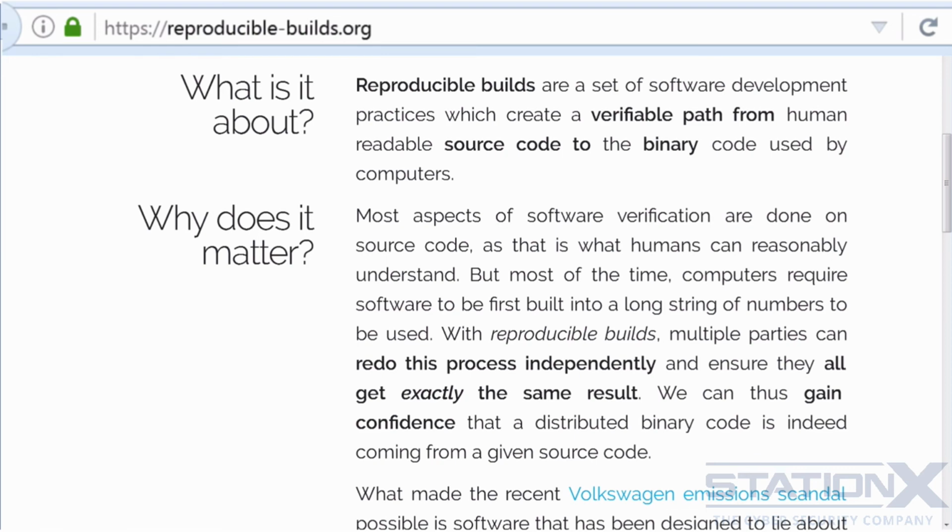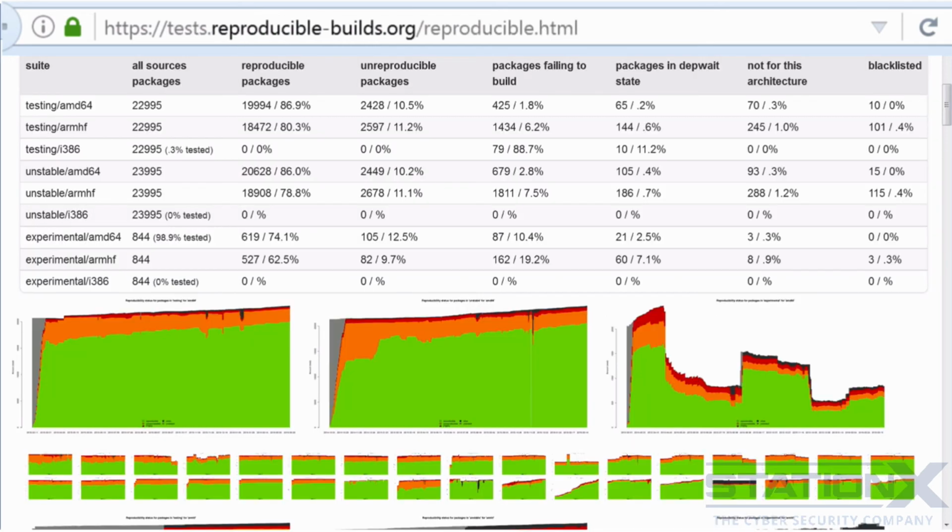Currently, to my knowledge, there are no fully deterministically built operating systems yet. There is good work going on in the Debian project, which is one of the reasons why I recommend it as an operating system for people who care about security, privacy, and anonymity. If your operating system is backdoored, all your precautions fail, so it's vital your operating system is solid. Debian is taking strides to get there.